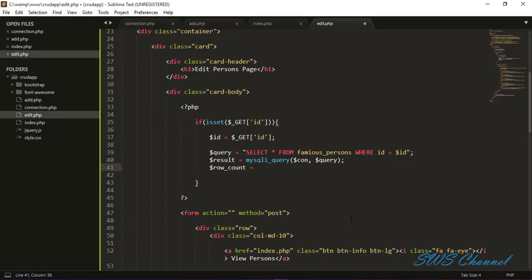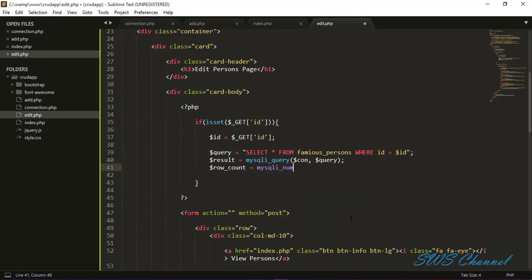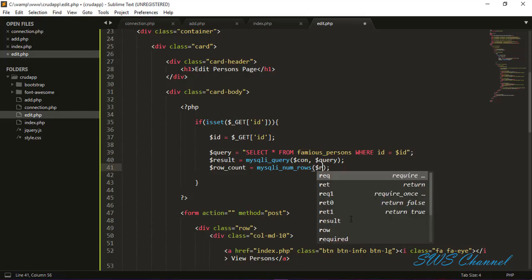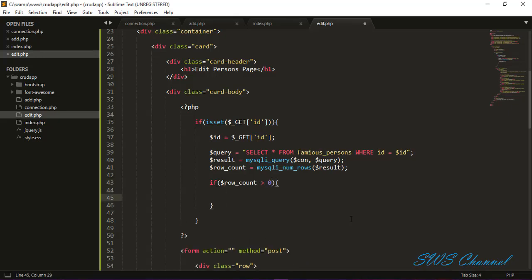And in here we will write $row_count equal to mysqli_num_rows, and it has one parameter or one argument, which is $result. And in here we write a condition: if $row_count greater than 0, then